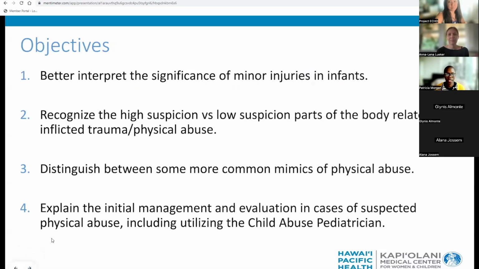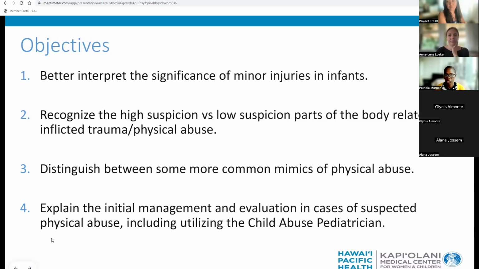So here are the objectives that hopefully at the end of our time, you will be able to better interpret some of the minor injuries that we might see in infants, understand and differentiate and recognize the high suspicion versus low suspicion parts of the body when we think about physical abuse, and some may call it non-accidental trauma, distinguish between some of the more common mimics of physical abuse, which you may see in your offices,